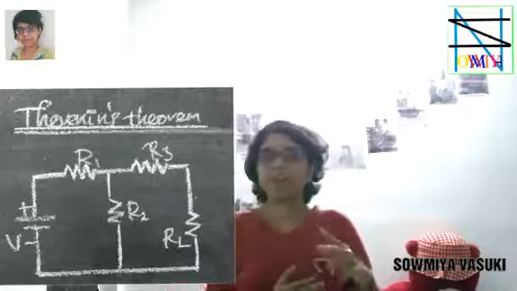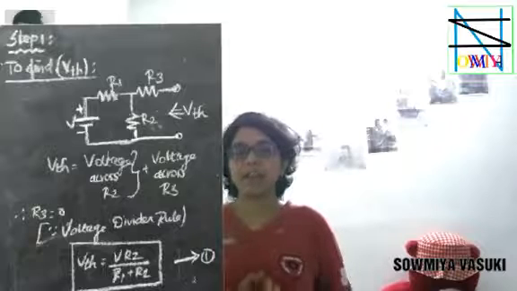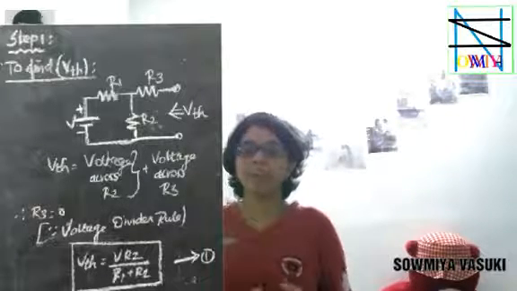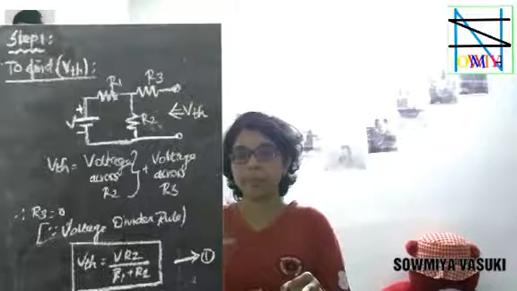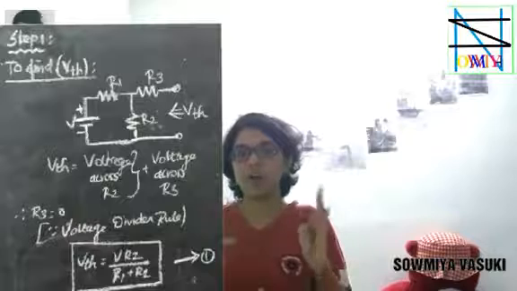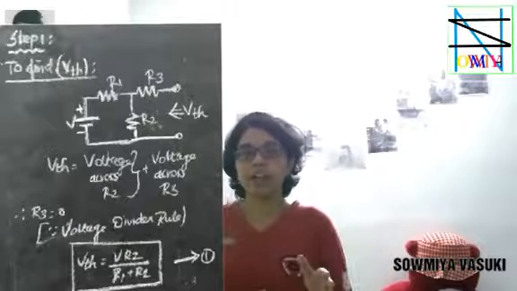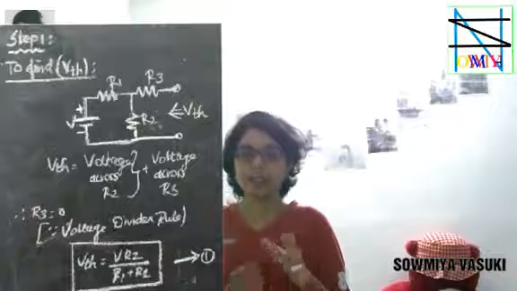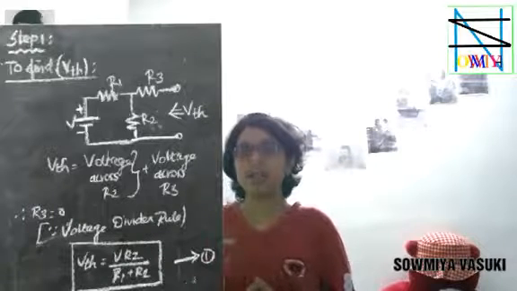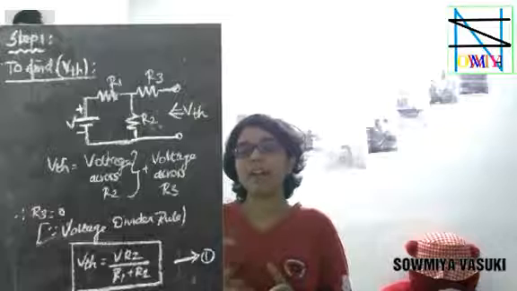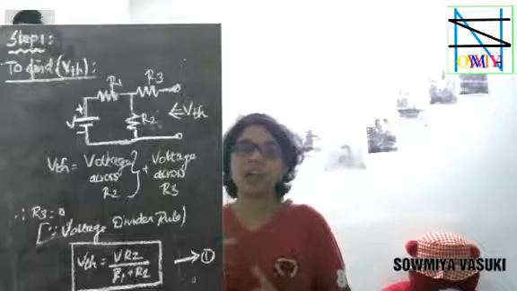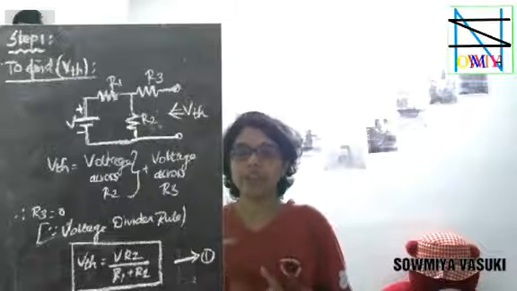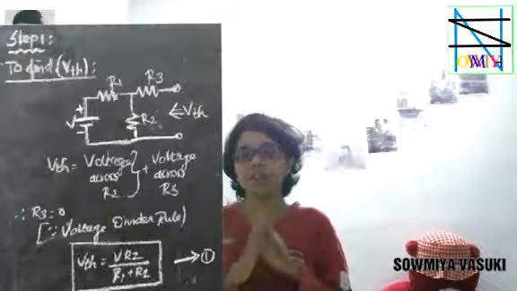The following steps are included in Thevenin's theorem. The first is to open circuit the load terminal R L. The second is to short circuit the voltage source. The third is to draw the equivalent circuit. The fourth is to find the load current and power at the load. Finally, we look at open circuit and short circuit. Let's see the first step.